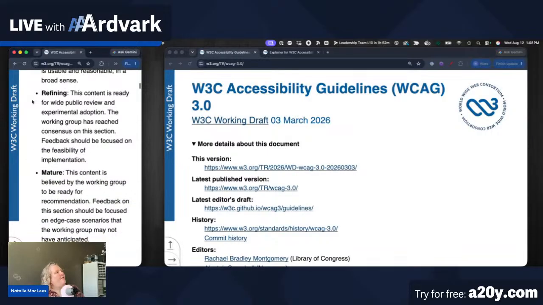And then the fourth status is refining, which means this content is ready for wide public review. And if you want to be an early adopter, right, you could try adopting this experimentally. The working group has reached consensus, and now we're open to feedback from the public on the feasibility of actually implementing this part of the document. And then finally, we have mature, which is, we think this is done. We think we're done, right? And if you have any feedback, it should be on edge cases, right? Or maybe you've got some kind of situation that you don't think the working group anticipated or thought of for